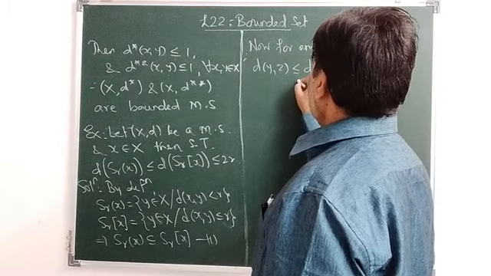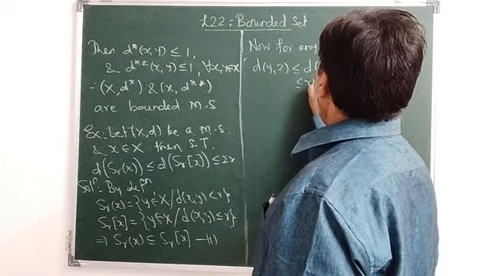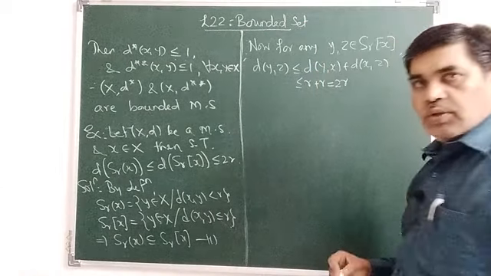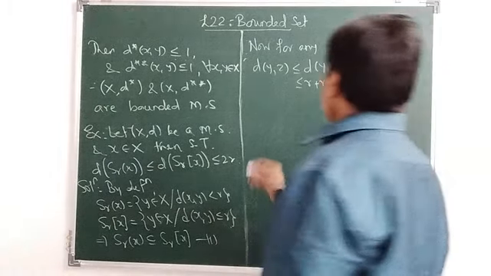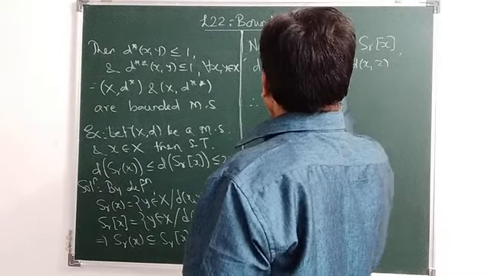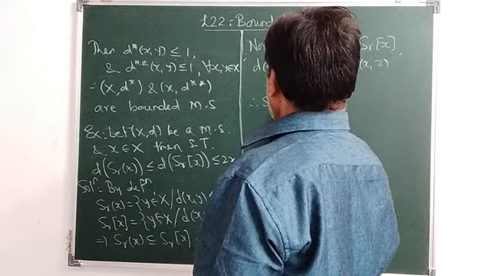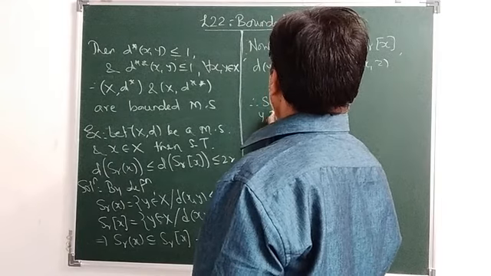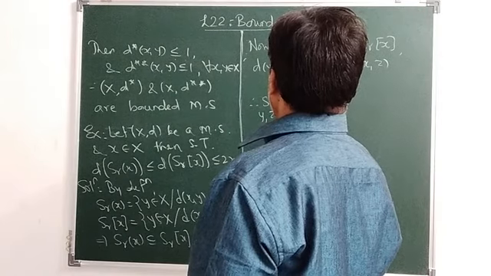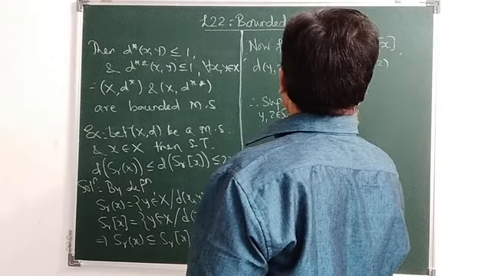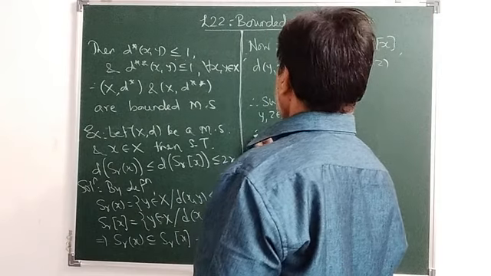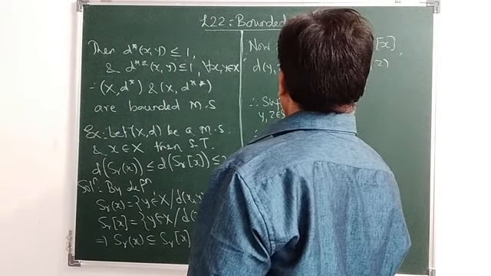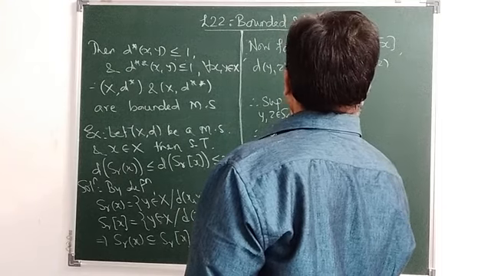It is less than or equal to r plus r, which is 2r, and therefore for any two points this is true. Supremum of d(y, z) where y, z belong to the closed sphere S_r[x] must be less than or equal to 2r, and therefore the diameter of the closed sphere is less than or equal to 2r. (2)